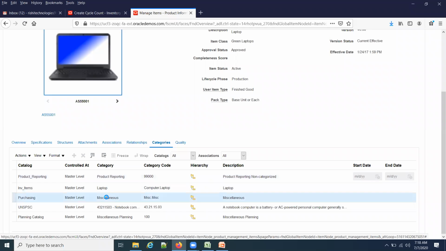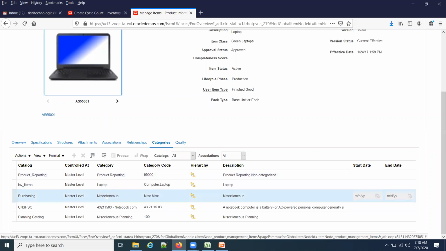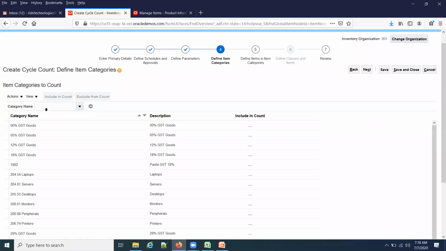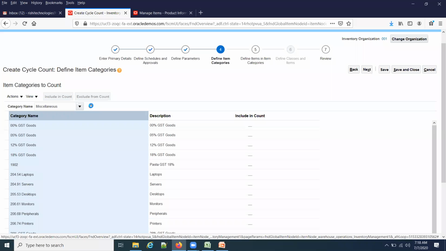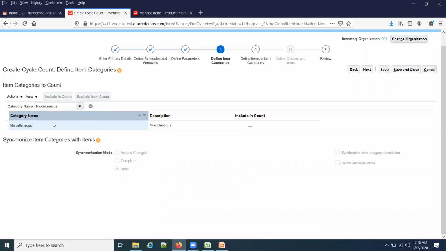These are the categories. Let me pull whatever may be miscellaneous, I want to count now. Just an example, okay? So you can enter your category here. Click on that. So now I selected this one. Now you have a list of values. If you want to exclude that particular category, you can use the exclude button. If you want to include, you can use the include button.